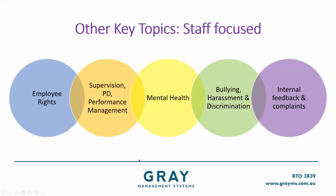And then there are other thoughts that are more staff focused, and we don't have time to go into them today, but these are other areas which I think most providers have a really good handle on. But it's really important to set the scene during an orientation process to let employees know what their rights actually are, especially if they're a contractor, a volunteer, or a full-time, part-time or casual employee. I think sometimes organisations might shy away a little bit from that, but I really think if you're upfront and transparent from the beginning and you make your employees feel that they know where to go to get help, that the provider has their back,